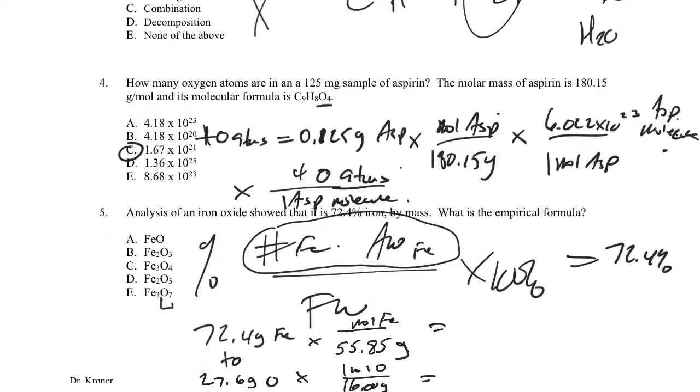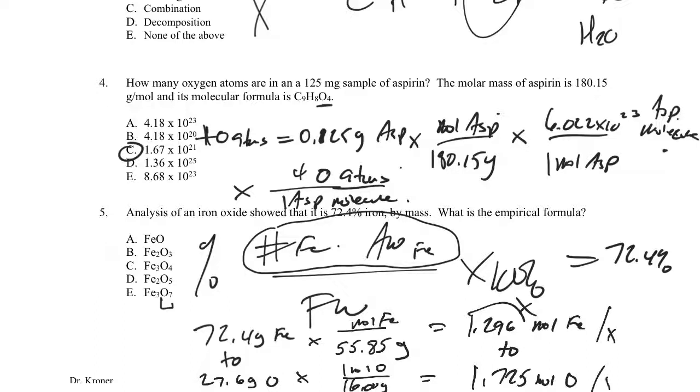So it's about 1.296 moles of iron as a ratio in the compound to every 27.6 divided by 16, to every 1.725 moles of oxygen. Now I can divide both sides by the smallest, which is the iron. So I divide both sides by x, I keep my ratio intact. So that definitely gives me a 1 here. So there's 1 mole of iron to every, now it's going to be a fraction, but 1.725 divided by 1.296 comes out to 1.33